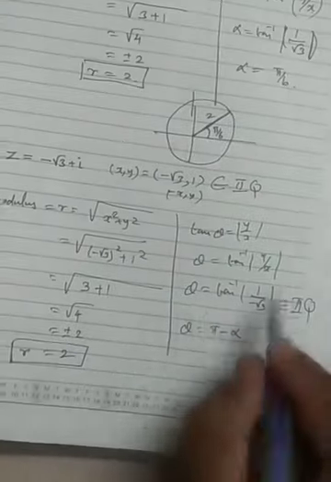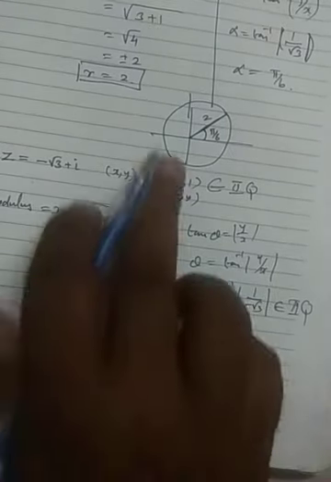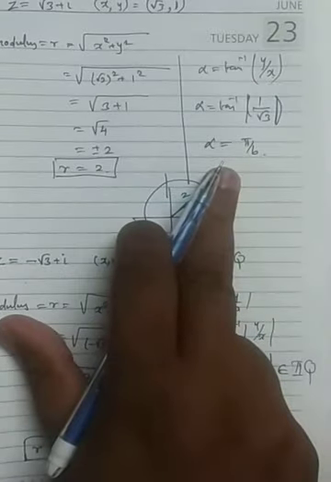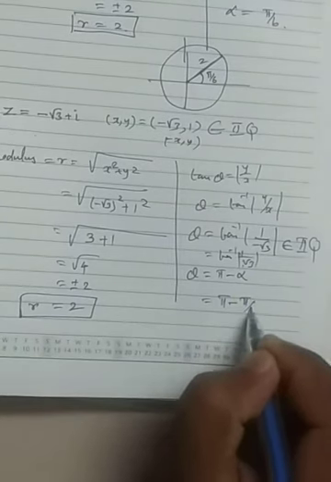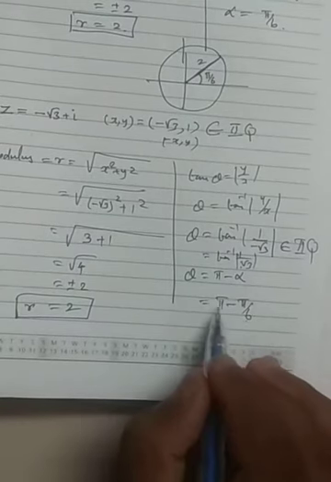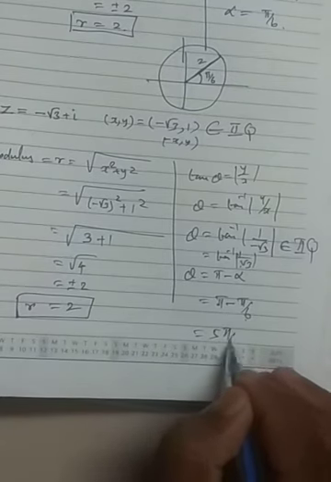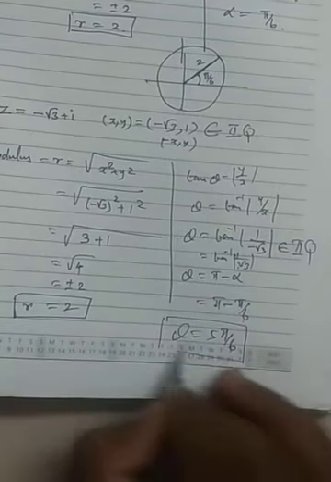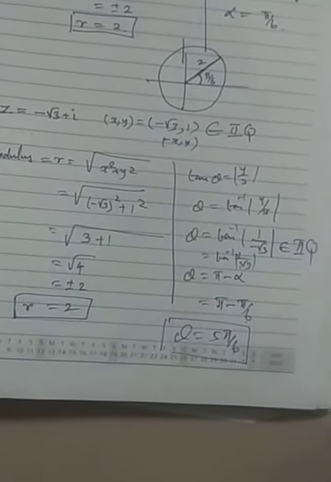Here take alpha as positive. Therefore tan inverse of 1 by root 3. Just now we did 1 by root 3, and the value we got is pi by 6. Here also pi by 6. But now, because it lies in the second quadrant, it will be pi minus pi by 6. Cross multiply, 6 into pi, 6 pi, 6 pi minus 1 is 5 pi. So 5 pi by 6 is the value of theta. Radius is 2, argument is 5 pi by 6. That is a very interesting and important question. Okay, next we will go to the third problem of this exercise.